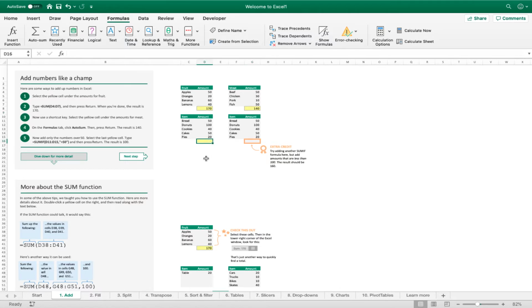Okay, select the last yellow cell. This is way too long to type out, so I'm just going to copy and paste it here. Do the thing. Oh, Excel had a little bit of trouble processing my heavy request there to copy and paste the short string of text, but you know, it's done it. The result is 100, and it's absolutely smashed it. 100 for donuts. Let's go, boys.